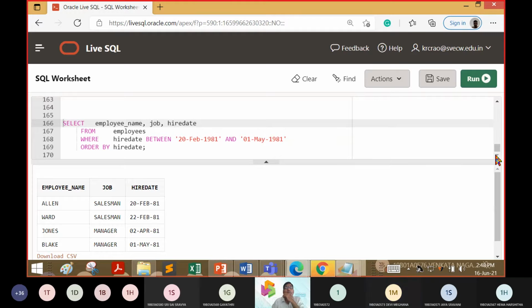Last time we told 2000 and 3000 should not be taken up. That was the justification we gave. But here, 20th February is occurring. But still why are 4 records coming?